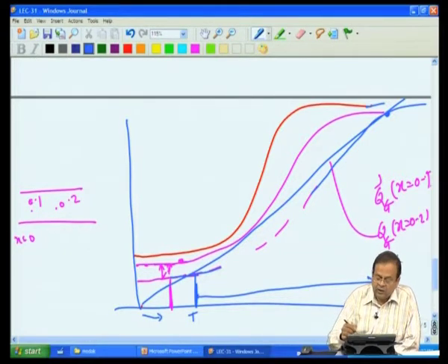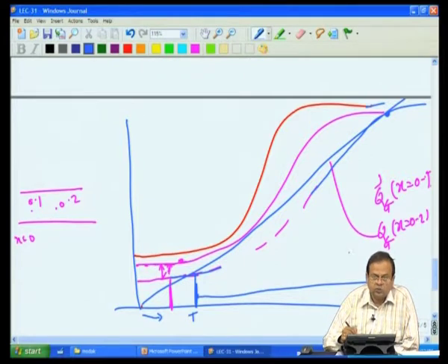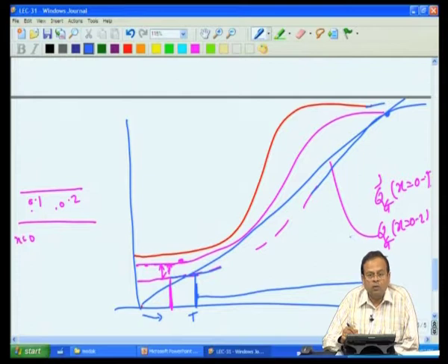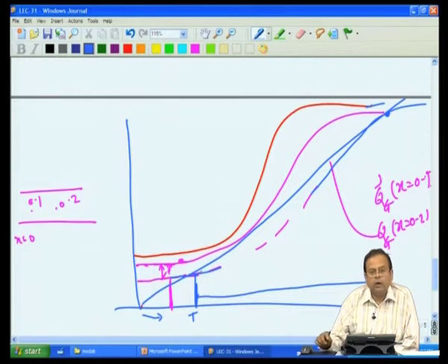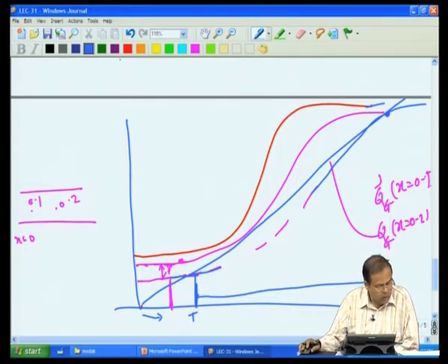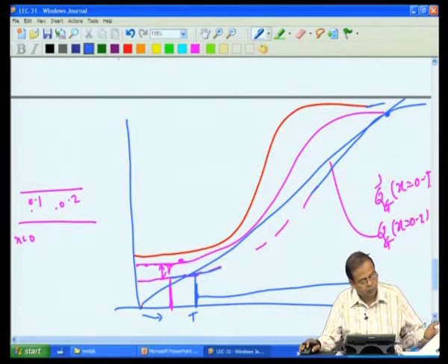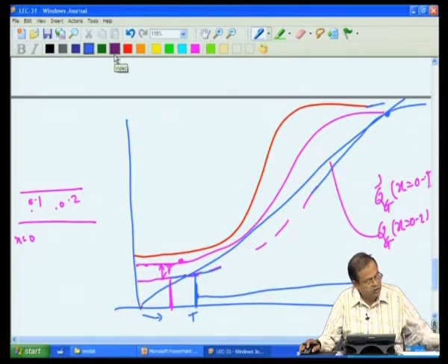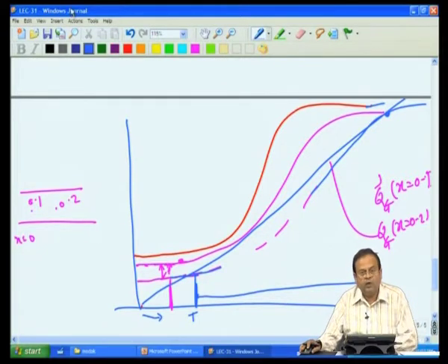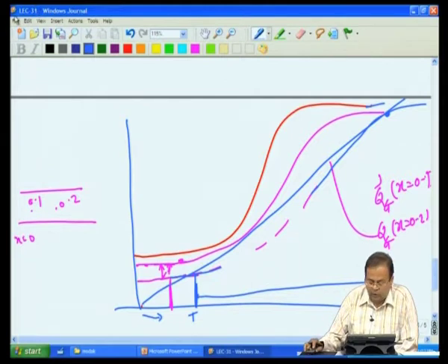But then once again, as the reaction is proceeding, as I said earlier, because conversion will be almost complete, the rate of reaction will go to 0. So, generation will also go to 0, and once again our temperatures will come back. So, this is what happens when we have a plug flow reactor.